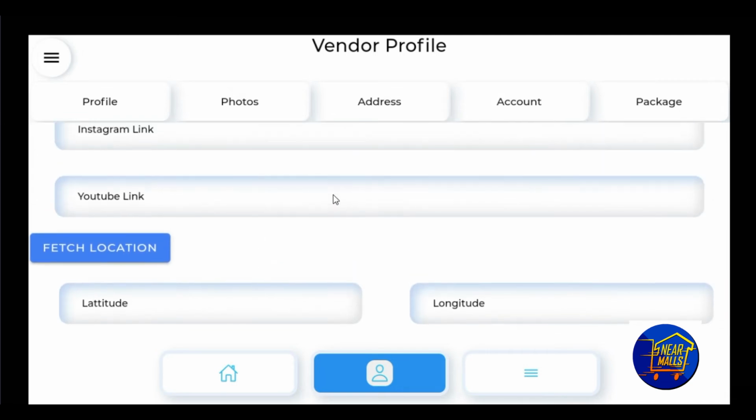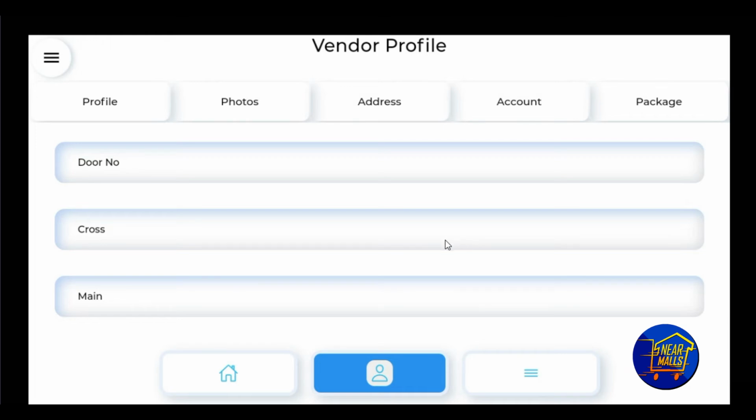For the address, I have to enter the door number of our fashion store. I'm going to add some door number now. And then which cross we are in, in the main.